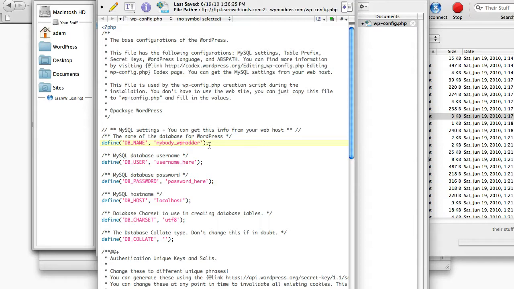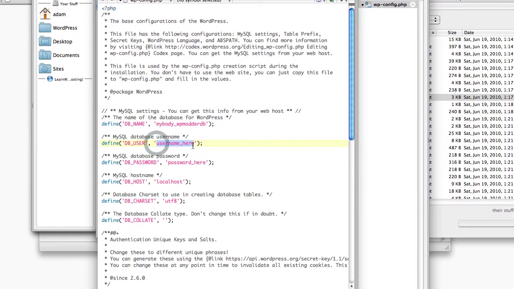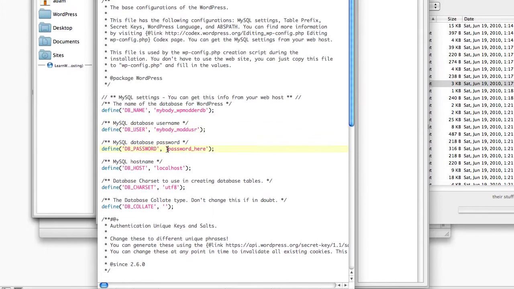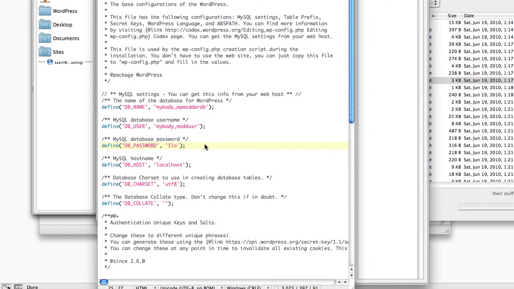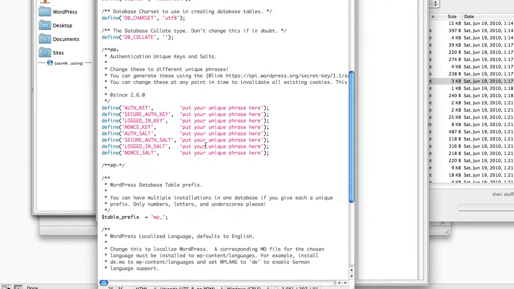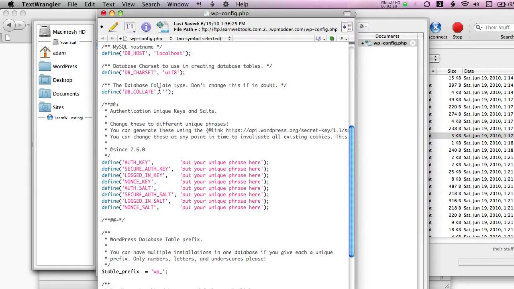I always write these database names and users and passwords down after I first create them in cPanel. I should really specify that's the first step here, is to create a database to use in cPanel, and I'm going to go ahead and put that in there. Okay, now I've scrolled above here because I don't really want the world to see my database